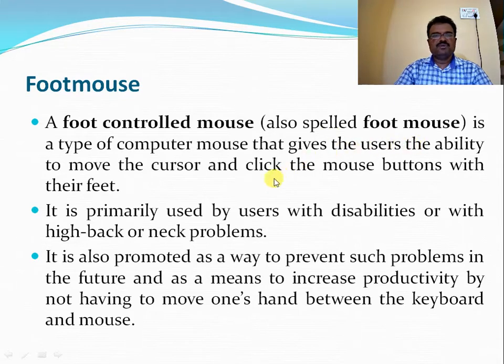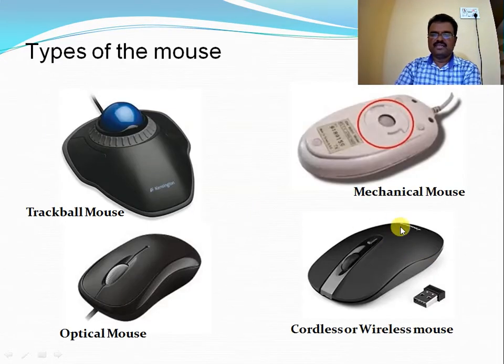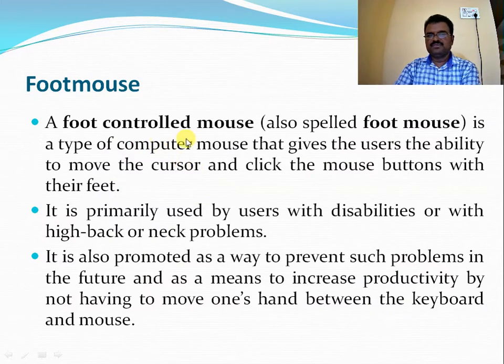This foot controlled mouse is a type of computer mouse that gives users the ability to move the cursor and click the mouse buttons with their feet. So here, these are all handheld mouses. These mouses can be moved with the help of fingers with the hand. Whereas this particular mouse, the name itself says foot mouse, the movement of the cursor and clicking of mouse